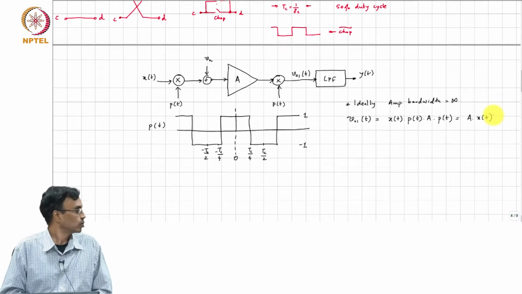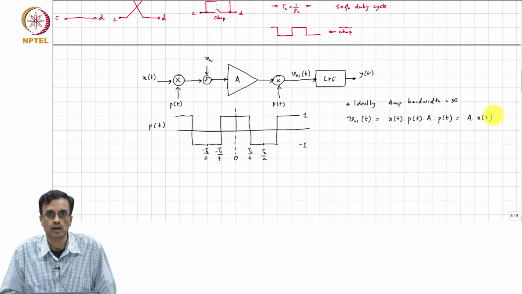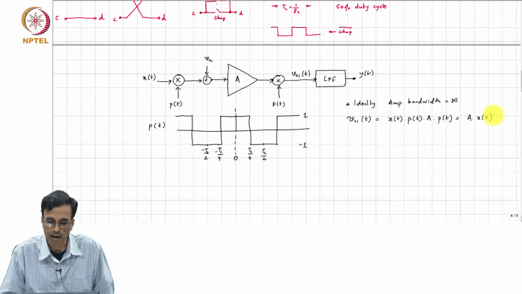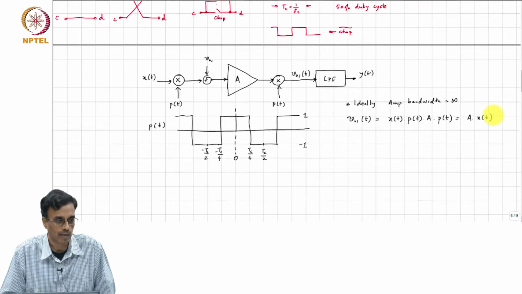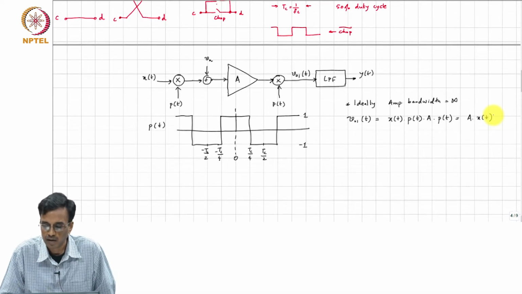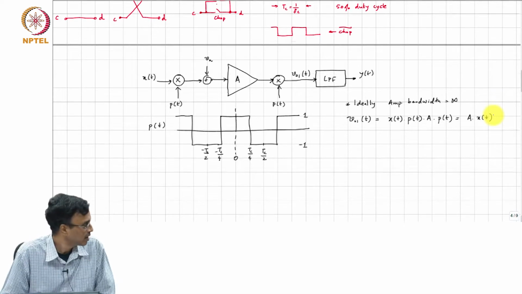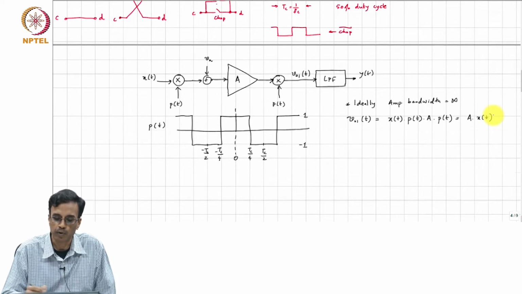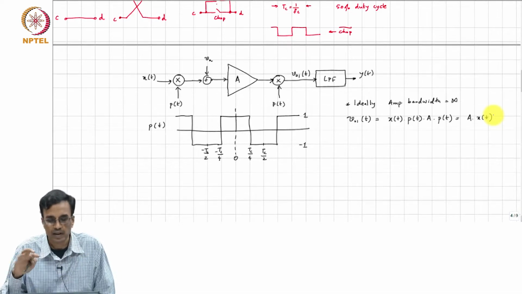So, when compared to using a cosine modulating signal, we can see that we have a gain which is A rather than A by 2, all right. And what comment can we make about Vn? Let us say Vn is a DC offset, then at the output of the amplifier it is amplified offset, then it is getting multiplied by a 1 minus 1 tone.